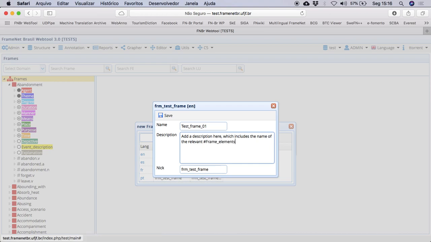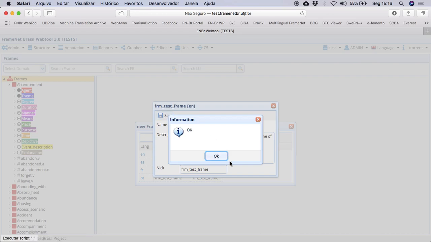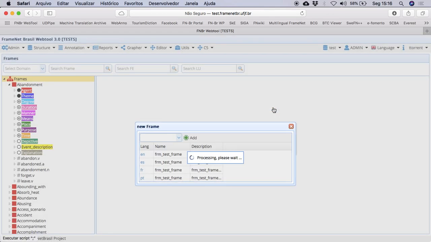frame elements. The reason why I put a hash before frame elements is because this is the markup we use to color the frame elements. So I'm going to add frame element 01 and frame element 02 so it can get colorful when I show you the report. So save, and then that's okay, and then you just close,